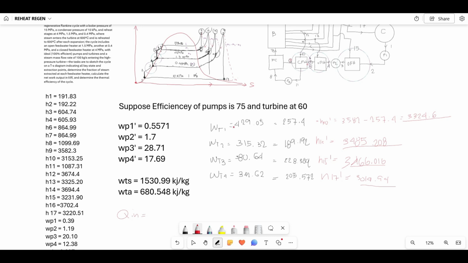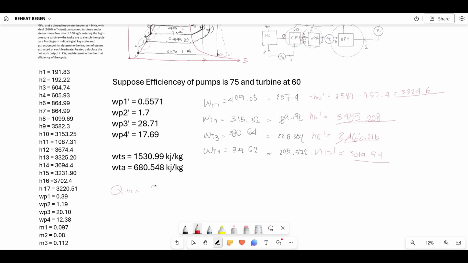And lastly would be the Qin of 16, which is 3702.4 minus, instead of 3220.51, we get 3446.016 times 1 minus 0.097 minus 0.08 minus 0.112. Therefore, we got a total Qin of